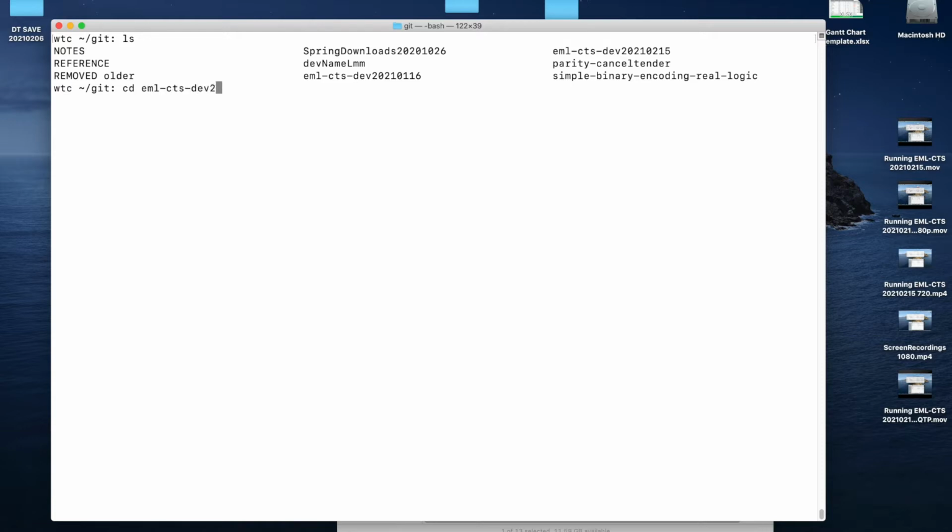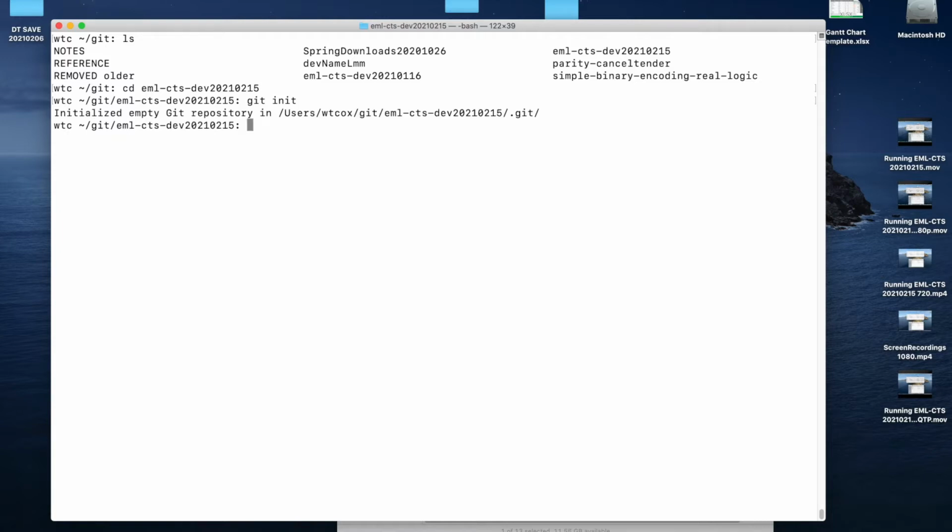EML-CTS dev 2021-0215. I generally keep the name reasonably clear as to what it is and put the date at the end. So now we need to do a git init in this folder. And now we can do a Git